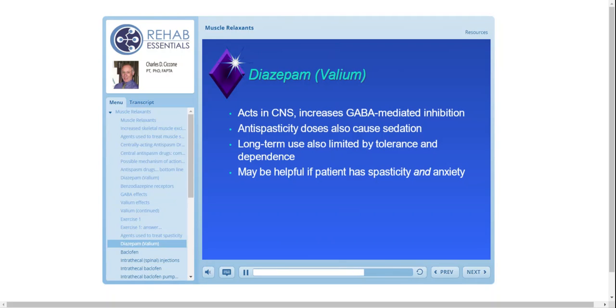So use in spasticity is not extensive, but it may be helpful if the person has this comorbidity of spasticity and anxiety. We see this in pharmacology quite often. If you can use one drug to treat two different problems, you're really getting a double benefit from that drug. So this is not uncommon, right? If a patient has spasticity,